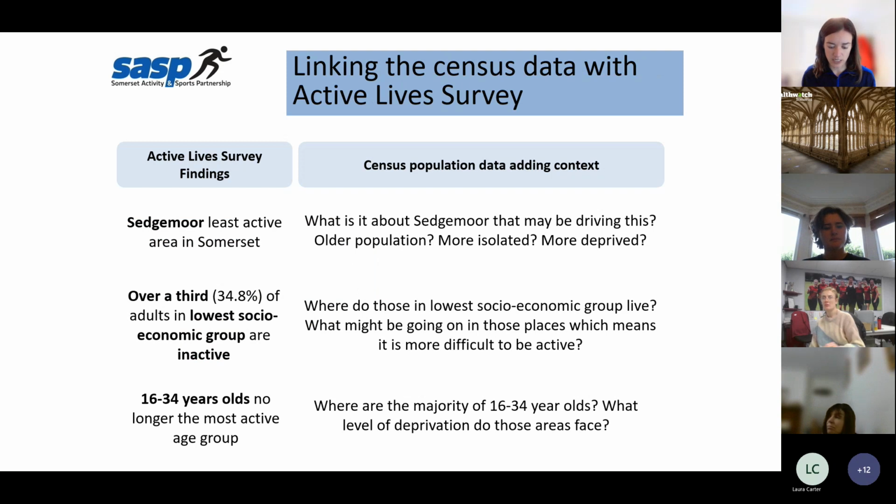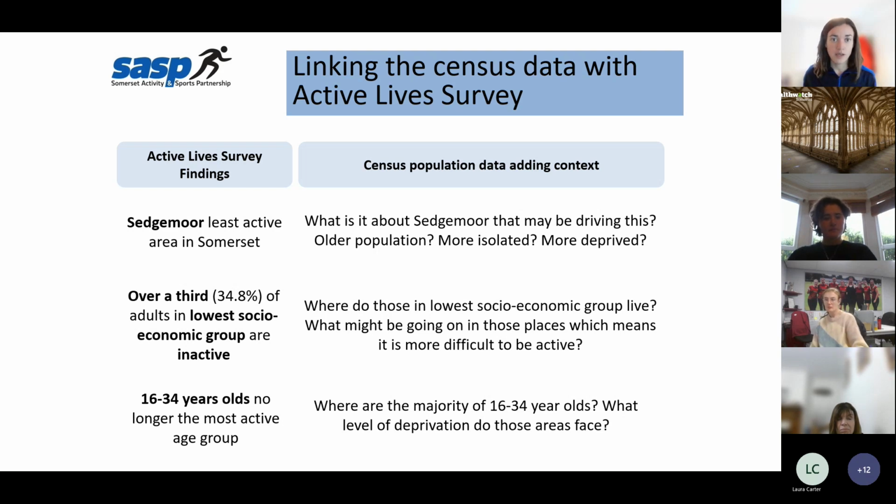When we explored the latest Active Lives survey back in the autumn, we found some key findings around activity levels. Sedgemoor was the least active area. Over a third of adults in the lowest socioeconomic group are inactive. And young adults, who have always historically been the most active, are no longer the most active